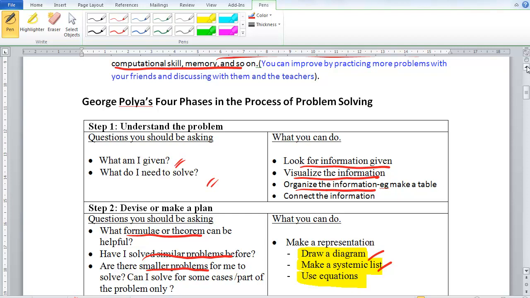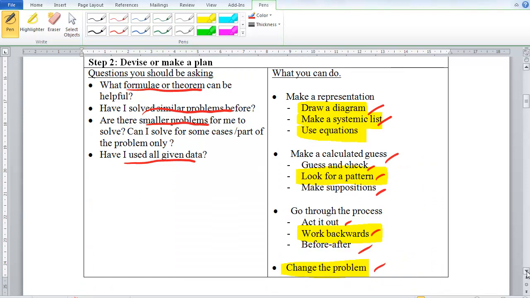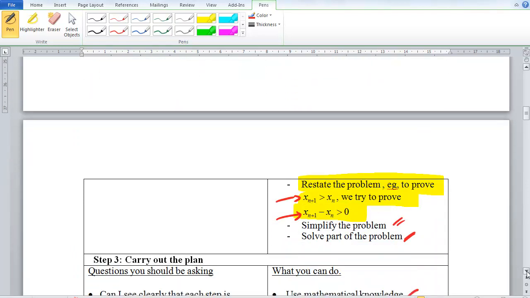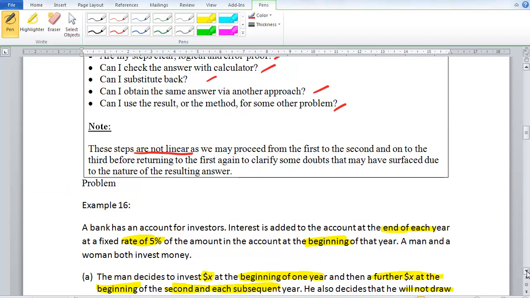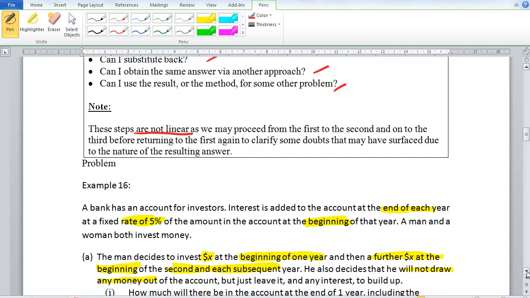So from there we can see that we can always go back to previous steps and re-attempt the problem a couple of times before we can arrive at a good solution. This is quite normal when it comes to problem solving. So please do not be discouraged when you get stuck right from the very first attempt. Okay, now we shall